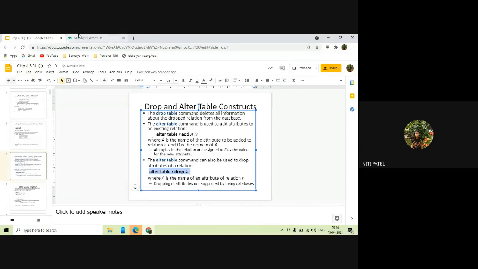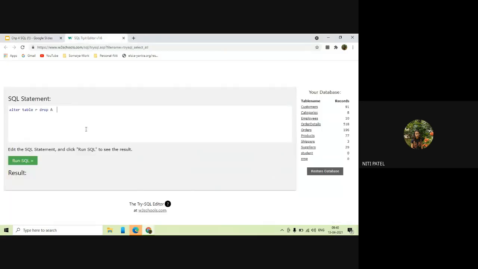So this is my syntax. I will write the syntax over here. Let us see what we can do now. Alter table student. So I have given the table name as student. What do I want to drop? I want to drop the column that we just added. What was it? Phone underscore number. So when I say alter table student drop phone number, what will it do? It will remove the column phone number from the table.